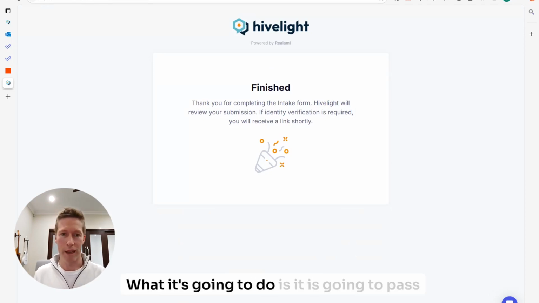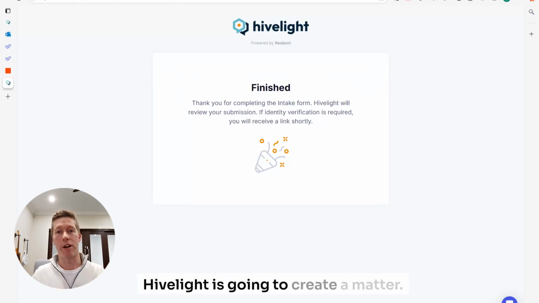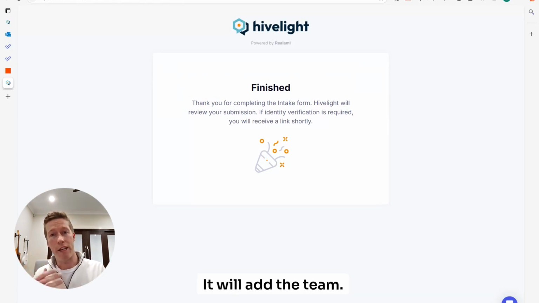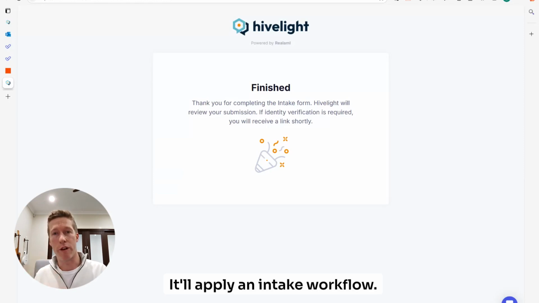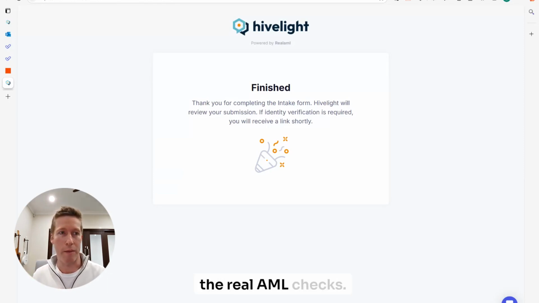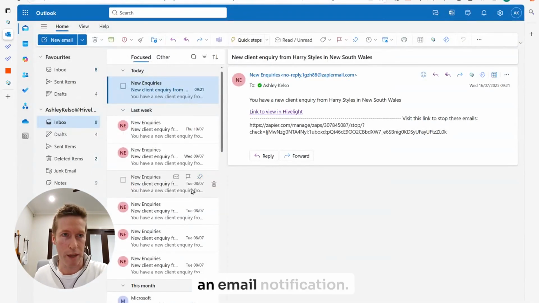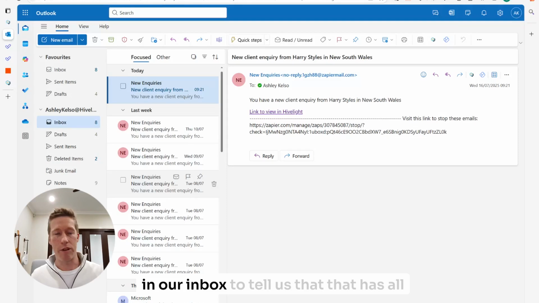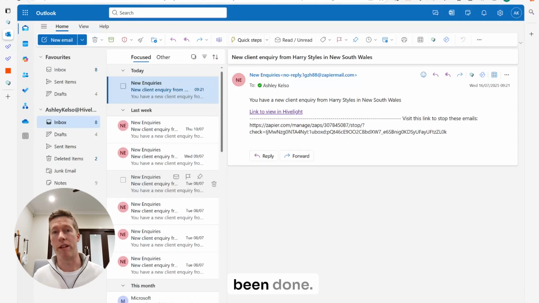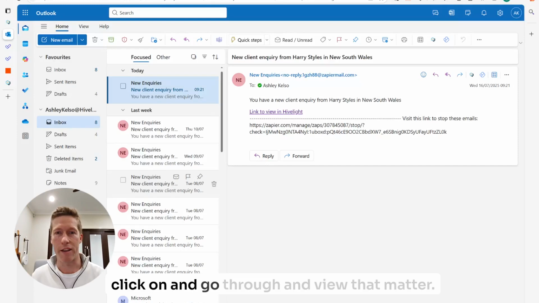What it's going to do is it is going to pass that information through to Hivelight. Hivelight's going to create a matter. It will add the team. It'll apply an intake workflow, and that workflow also contains the links for the RealAML checks. And once that's all done, we'll actually get an email notification in our inbox to tell us that that has all been done. And it'll contain a link as well that we can click on and go through and view